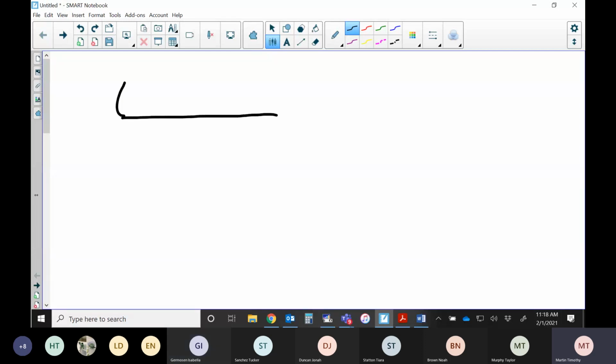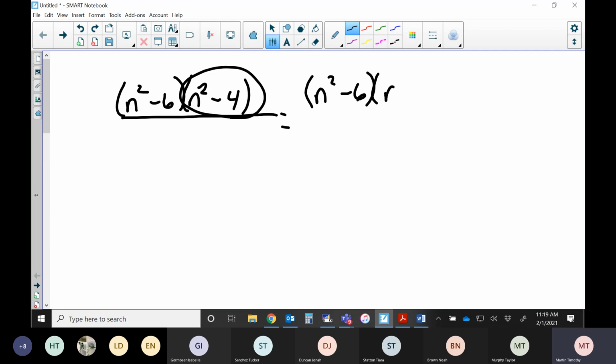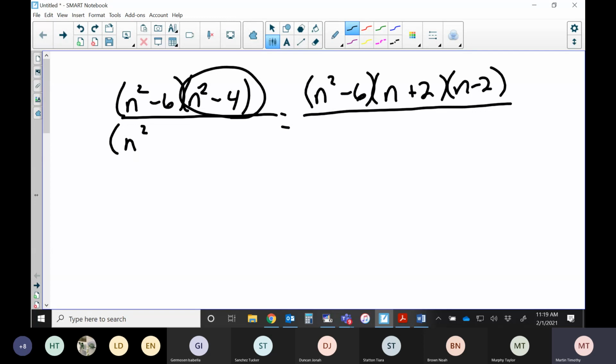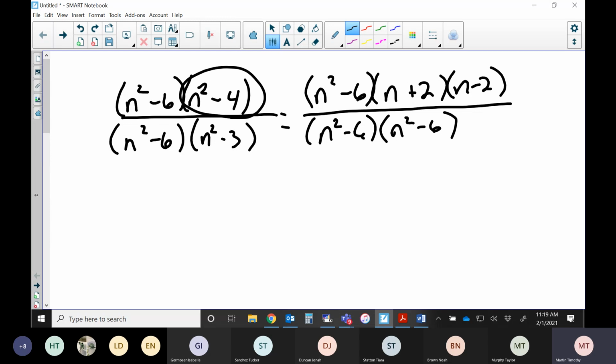So this should be n squared minus 6, and n squared minus 4. Now you should have a problem with this one because you should recognize that that is a difference of squares. So I'm actually going to break it out. And then down here, you should recognize that this gets me n squared minus 6 and then n squared minus 3. And when I do that, before I do any canceling out, I need to see my